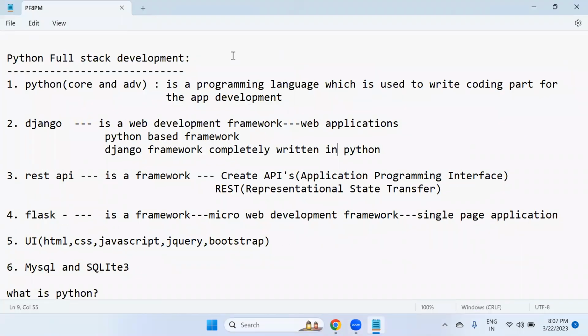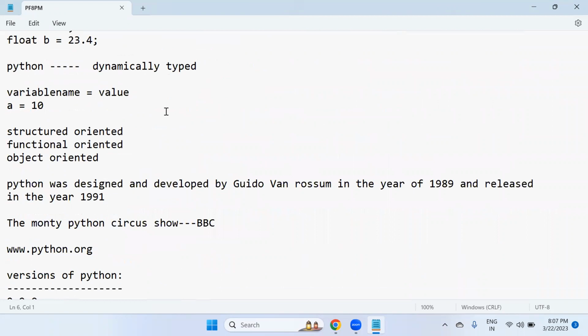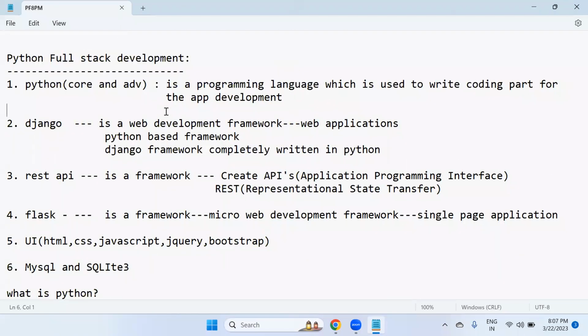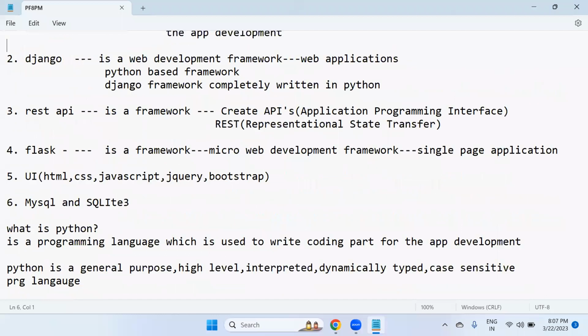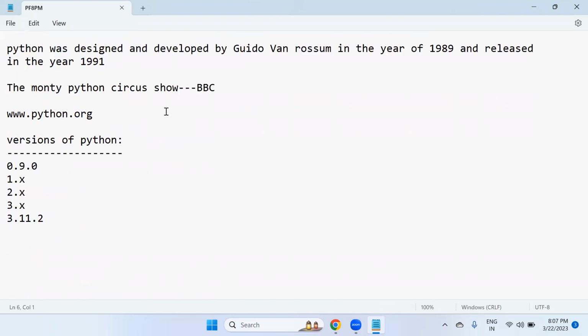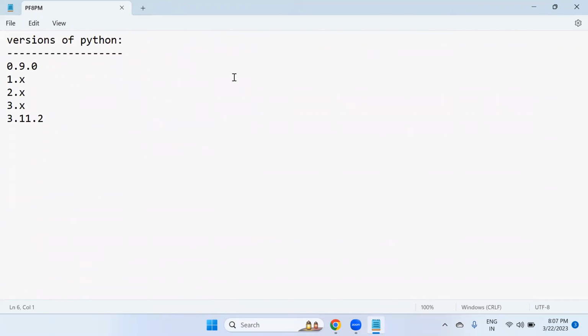So this is the third session of Python full stack development. We just finished the last 2 sessions. In that we discussed just the basics of Python, what the full stack subjects are, the duration of this course, and what Python is, why Python, and what the versions of Python are. In today's session, I'm going to start with the